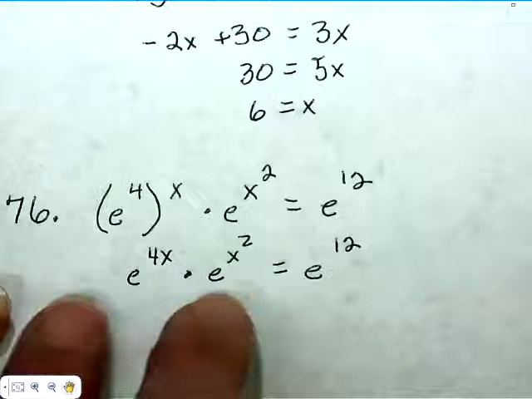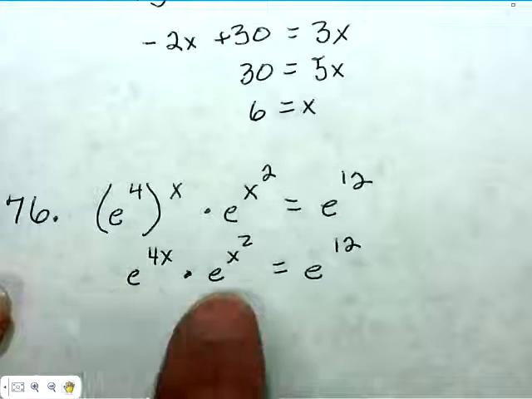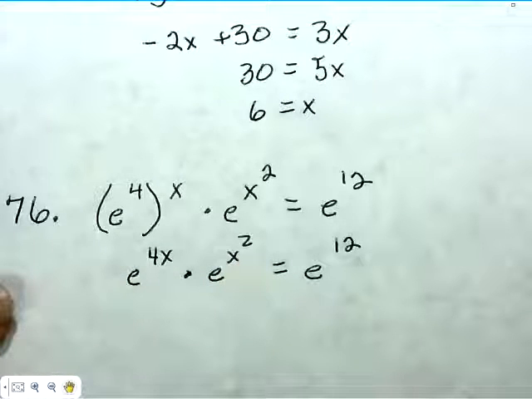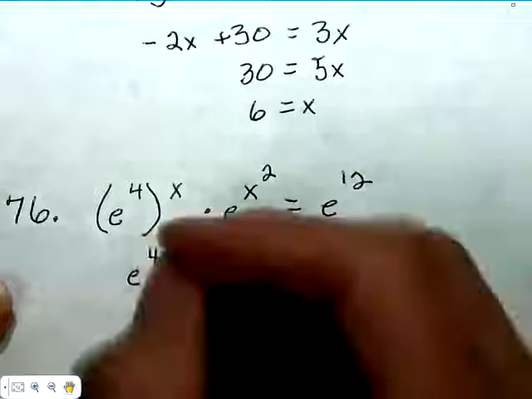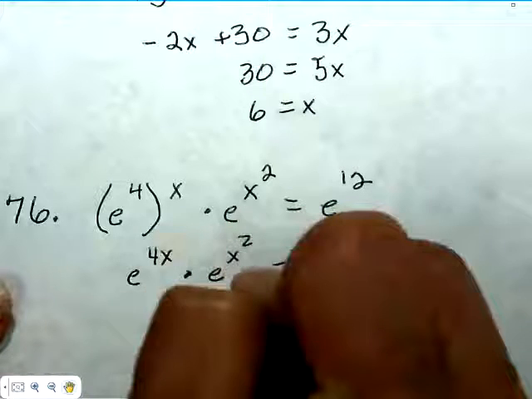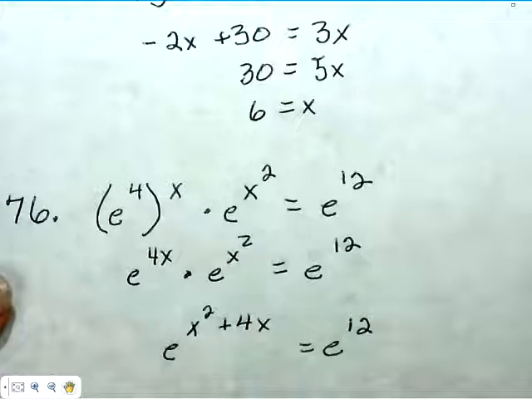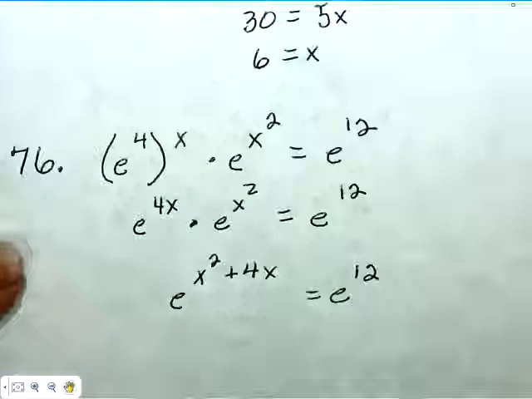I don't have a single exponential expression here yet, but I do know when I multiply two expressions that have the same base, what can I do to their exponents? You add them. That's day 1 of college algebra 2. When you multiply two expressions with the same base, you add their exponents. Now you have both sides being a single exponential expression. You can take the bases off, and